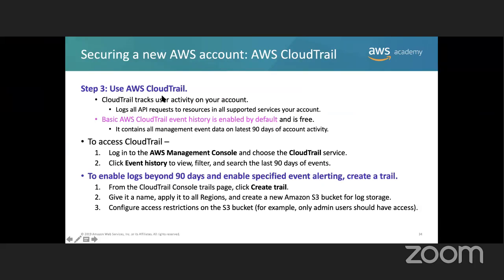So AWS CloudTrail, this is the guy that helps secure your account. It's a very tough guy. He's going to track every single activity in your account. Everything, guys, everything. You change the password, CloudTrail picks it up. You change a letter in a username, CloudTrail picks it up. It tells you the time, who did it, and what resource was used. Everything. CloudTrail is the guy.